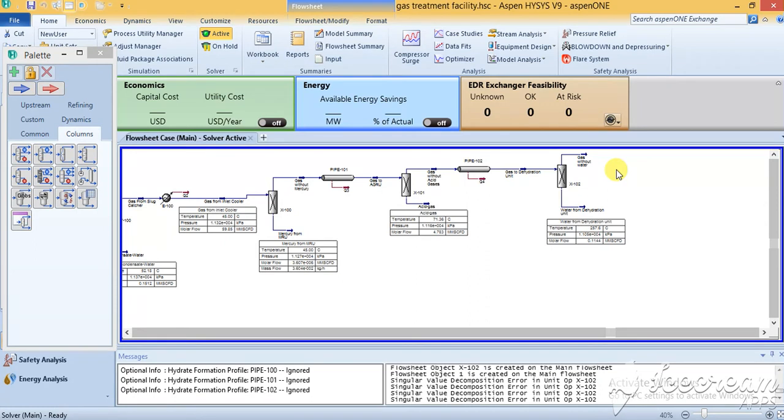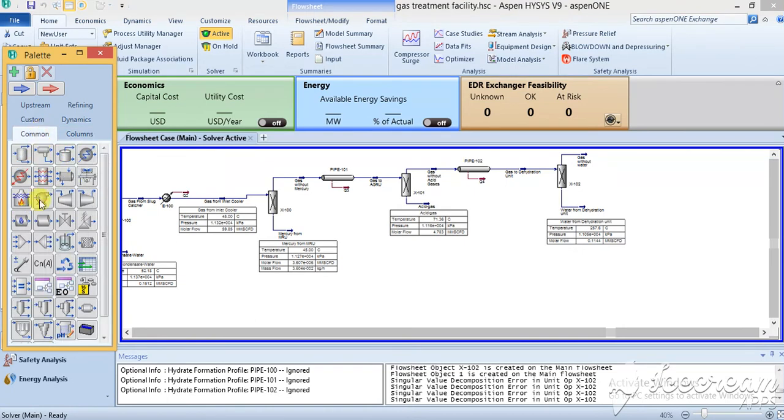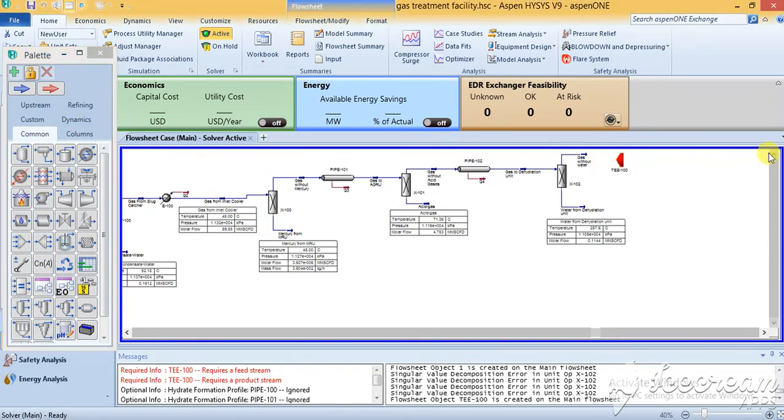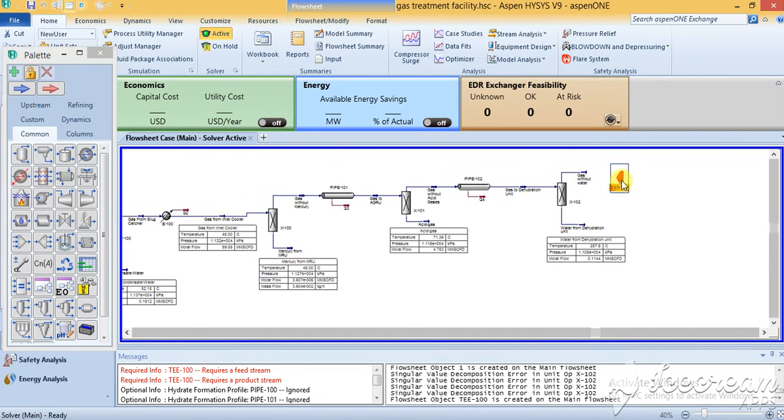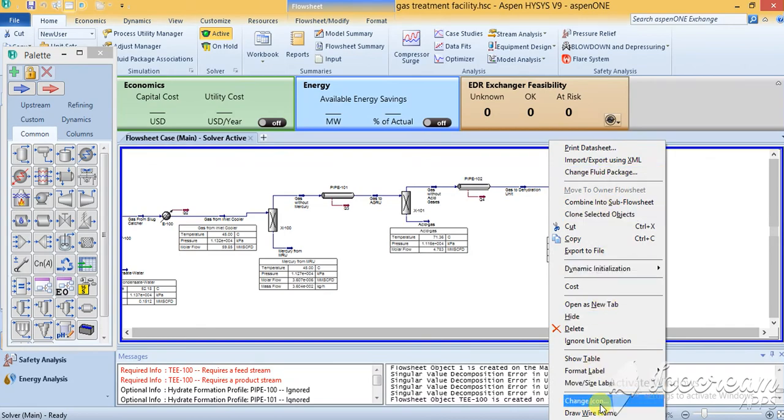So in this case, I will have one T that will have 2 offsets. I'll show you. If I go to the common one, that is the T, so I will add it here. So this T will have this split, and what I'll do is I'll change the